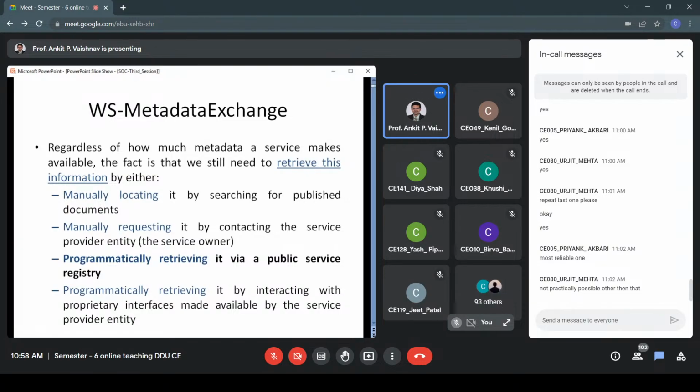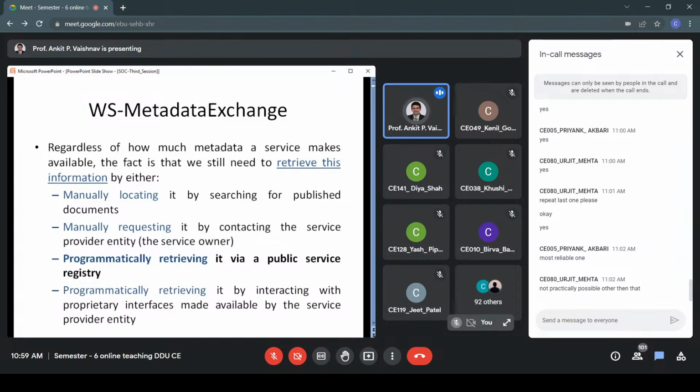So under one condition, we can say that this is the most valid option. And the condition is everyone makes their service public. Yes or no? If everyone makes their service public, we can say that the third option would be the best one. Yes or no?